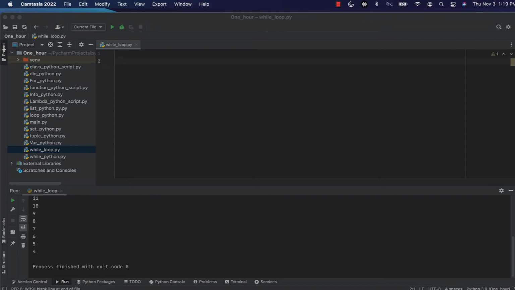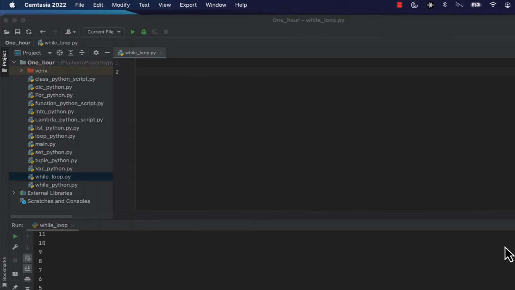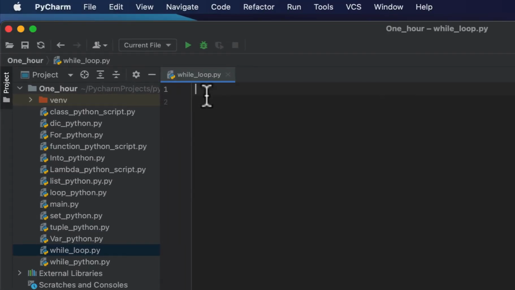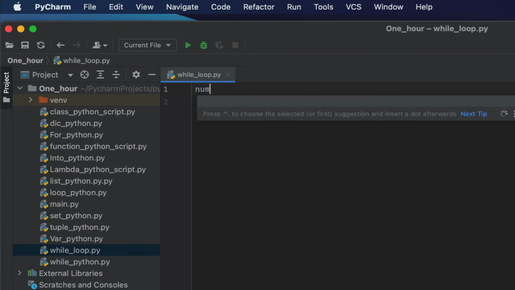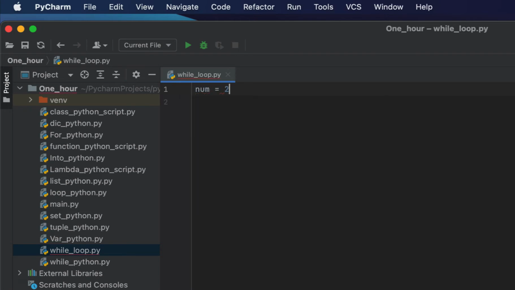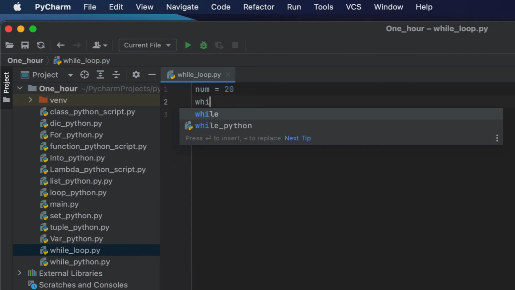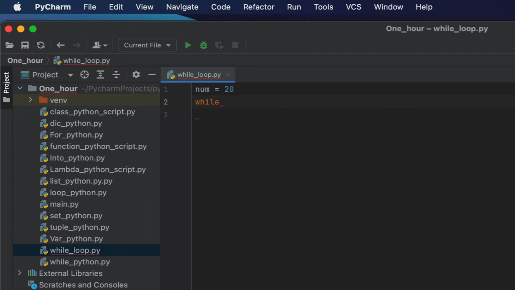Let me show you how it works. I'll give you one example here. I have a file here, and I create a variable and give a value to it. I give it a value of 20, and then I will use the while loop. That is the syntax in